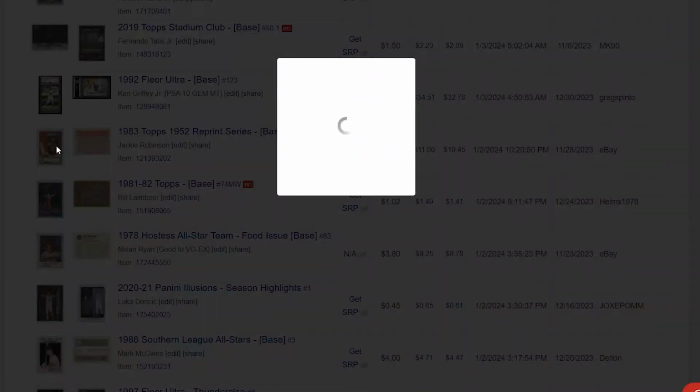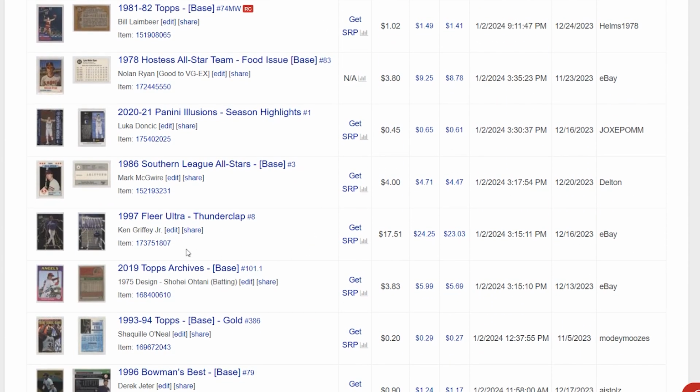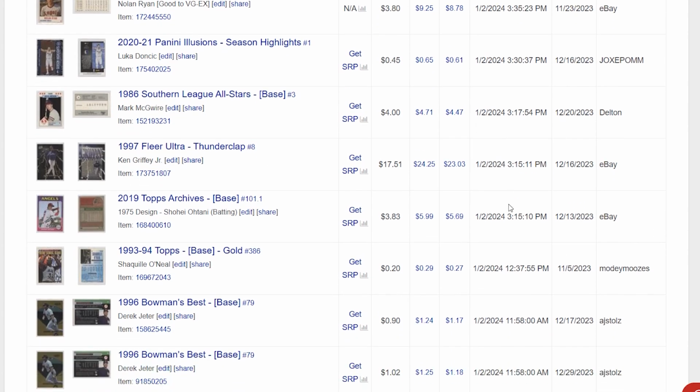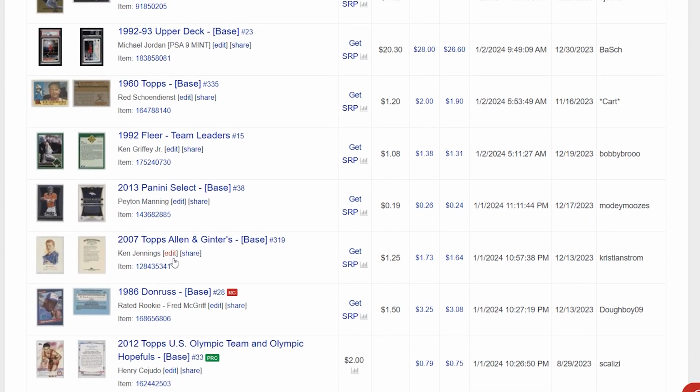Jackie Robinson. This card, originally, I got an email that it got refunded and someone rejected it or something like that, which I didn't know you could do on COMC, but then it just sold again later in the future. So $6 into $10.45. Griffey Thunderclap, $17 into $23. And we're on the second. So we're almost done. Jordan, Ken Jennings,